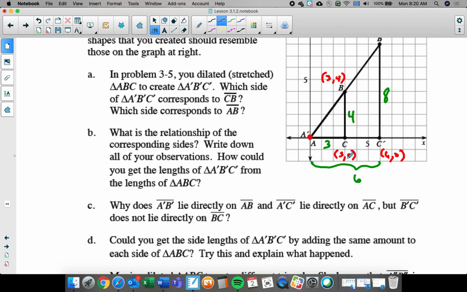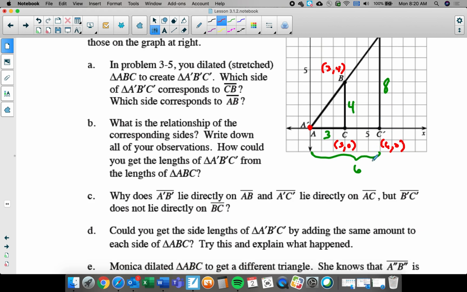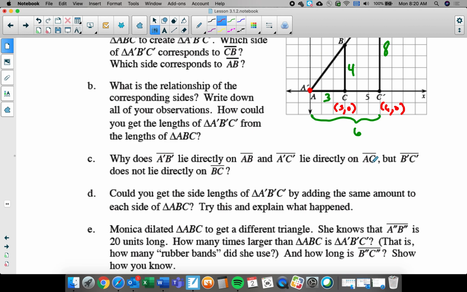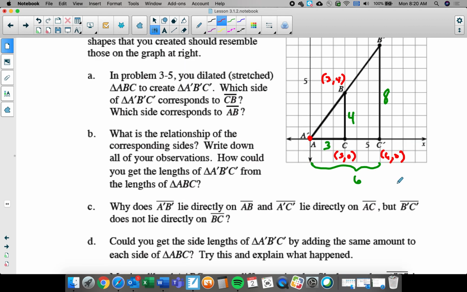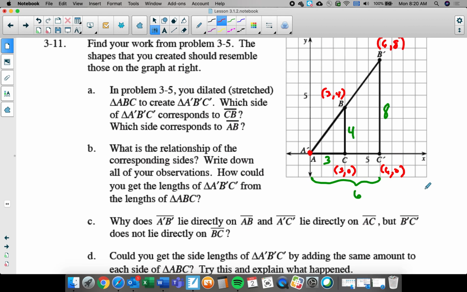Okay, in this case, it's a factor of 2. I'm doubling everything. We do not add. Okay, we are multiplying by a factor. And so then, if we went through, and I'm going to skip this part just because we're still working on it,